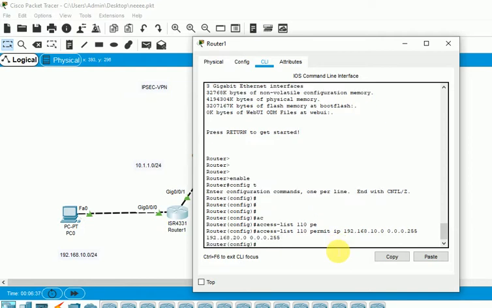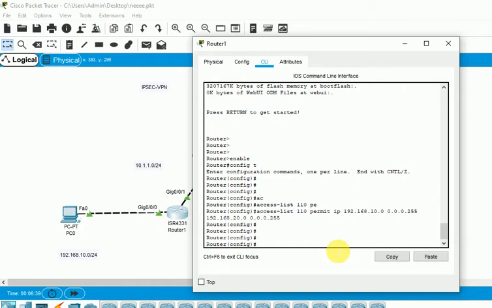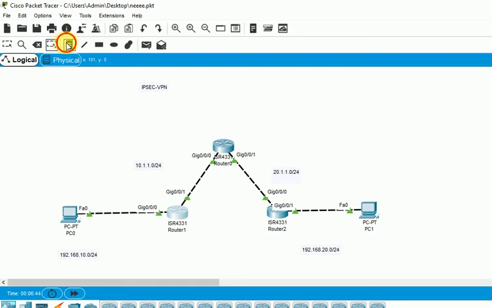So I am done with my access list, the first step.